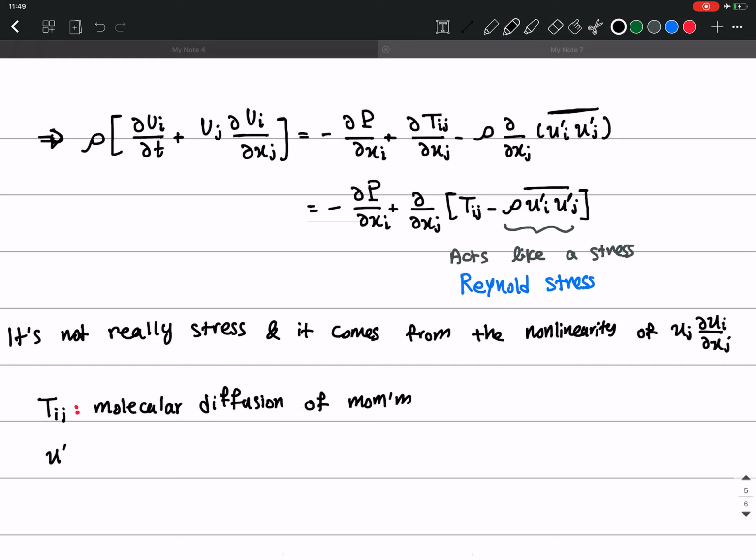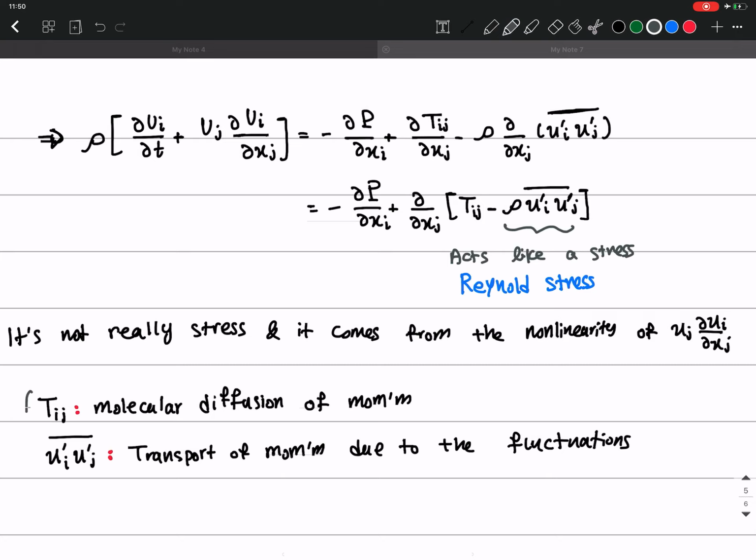And rho u prime i u prime j bar is the transport of momentum due to the fluctuations. So there is a big difference between them, but rho u prime i u prime j actually acts like a stress in a flow. Okay,